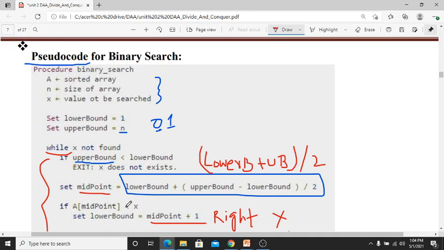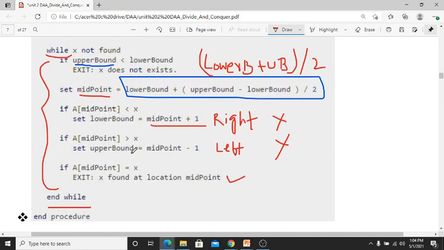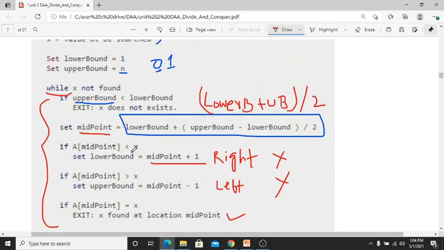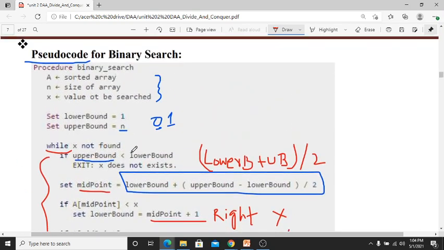So this is the way to write the pseudocode for binary search. Pseudocode or algorithm, if you write like this, you can write it simply without any syntax. Pseudocode does not have any syntax, like ending with a semicolon or being case sensitive. Fine, so this is about the pseudocode.